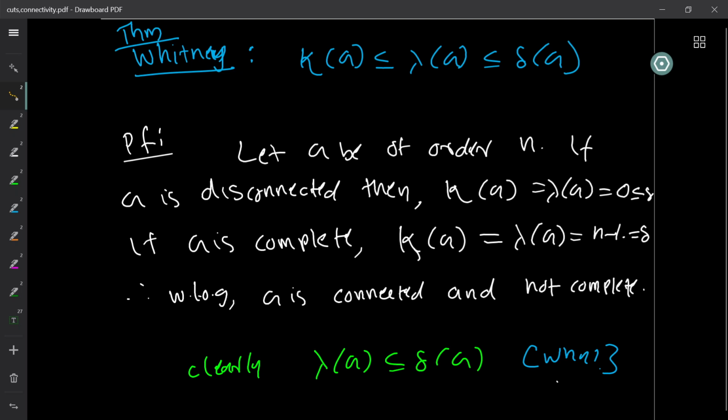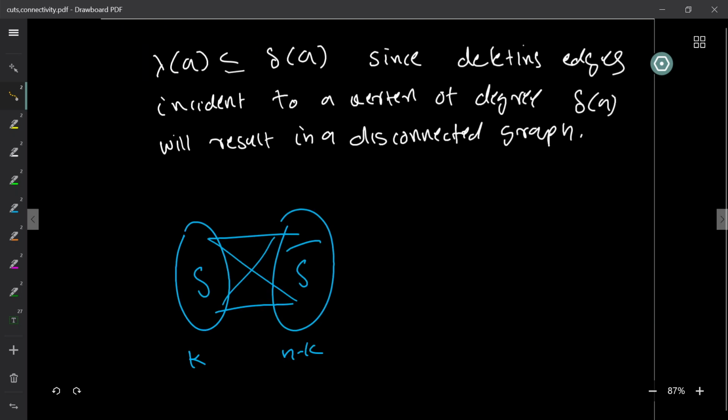Now, the second inequality is immediate, right? That lambda of g is less than or equal to delta of g. And why is this? I think I already mentioned this, so you can think about the details. Okay. So now what we need to prove is, what happens if